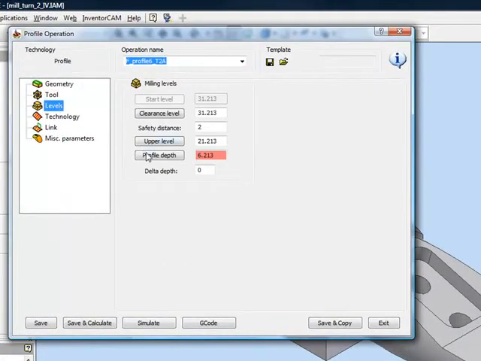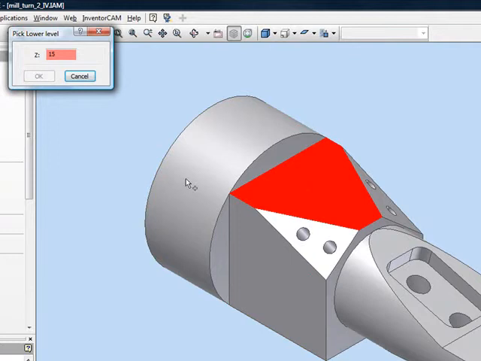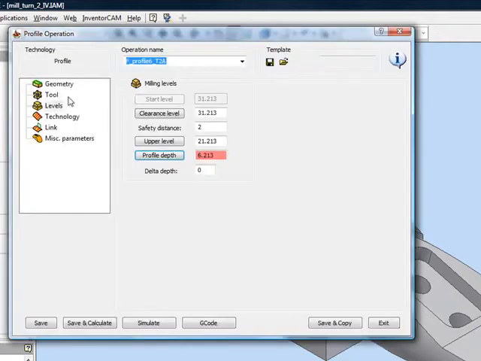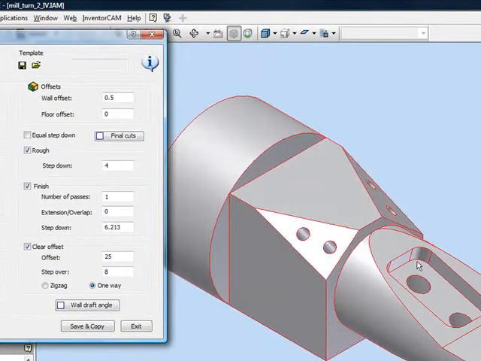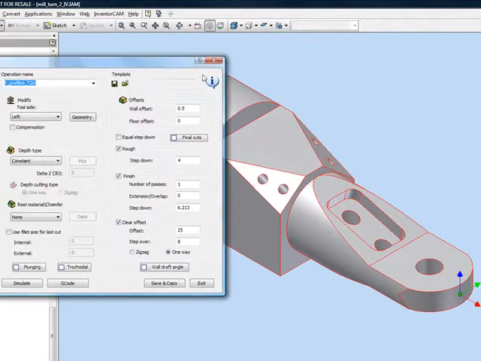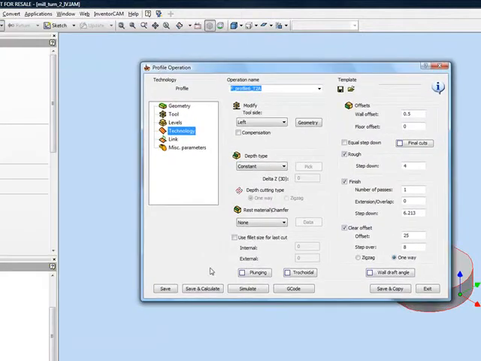My levels, my profile depth was up until that surface itself, and in my technology area I've chosen to use left, but I've also done offset and finish, and I've also used the option of clear offset so that I can actually clean from a distance out, moving back in. Now, if I take a look at my simulation now,